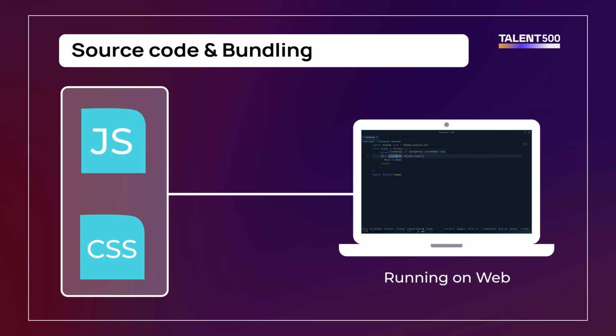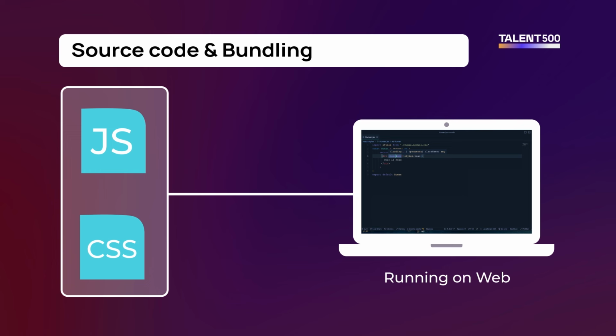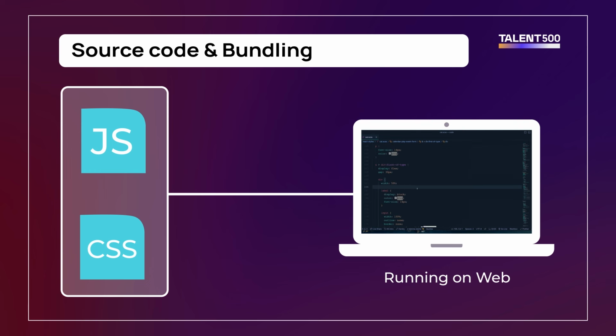When he goes to another page, he doesn't need the home page. He needs that other page's JavaScript and CSS to be downloaded. Now, if we can make that happen, so that whenever I'm going to a page, only that page's relevant code is downloaded on my customer's client machine or the browser, I think most of the problem gets solved.